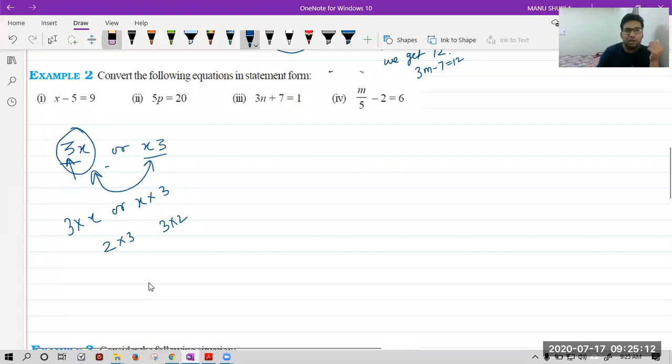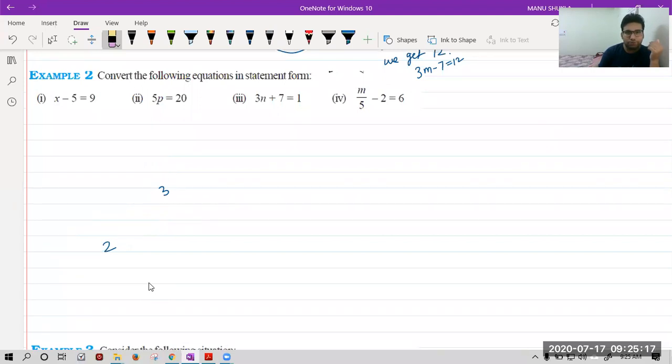Now let's move forward with the discussion. We have now this question. Let's see this. We have to convert these given equations. So there are two Banis and I wrote commutative only. Okay, okay Bani, no issue. So the first is saying you have an equation in front of you. You have to write the English statement for this. In the first example, we have done English to mathematical statement. Now we are doing mathematical statement to English statement.